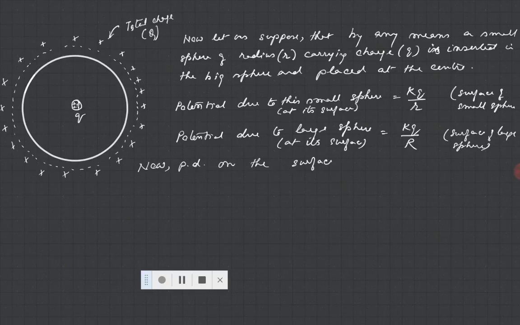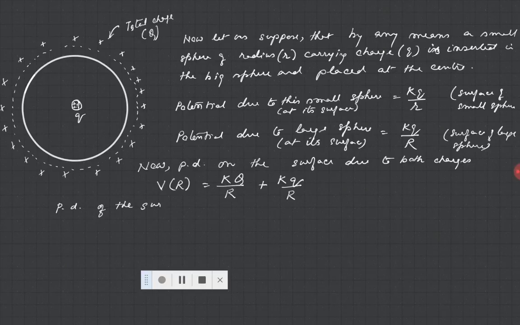Now the potential on the surface due to both the charges: V capital R is equal to K capital Q by capital R plus K small q by capital R,